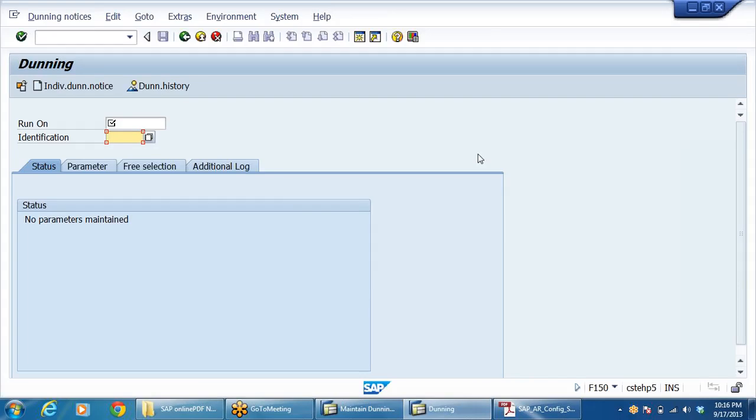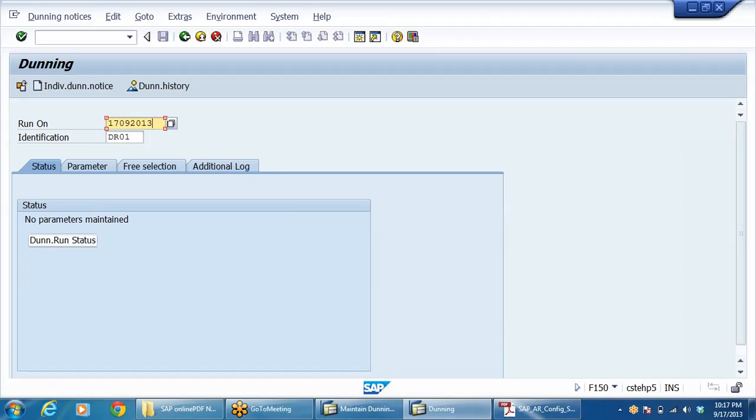Each time when we run, I give a number, say for example DR01, first run DR01, then 02, 03 up to 99, or any number I can give. When I am executing this, today's date, what is today? 17/09/2013.